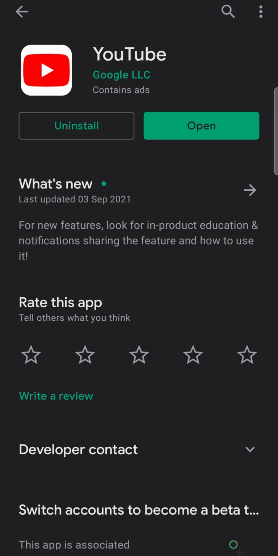Now it says uninstall and open, but if there is an update available, instead of saying open there in green, it's going to say update. All you will need to do is tap the update button. It will download the update, install the update for you, and then you'll have the latest version of the YouTube